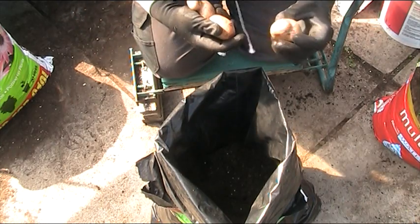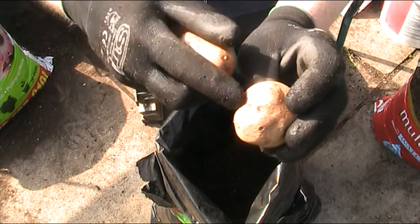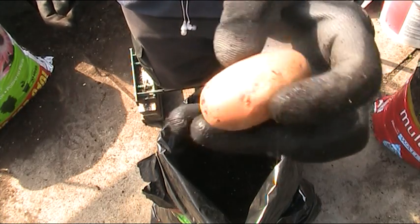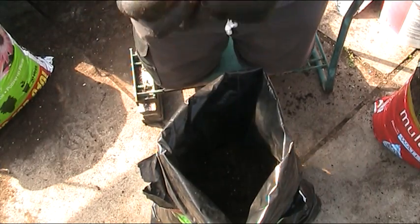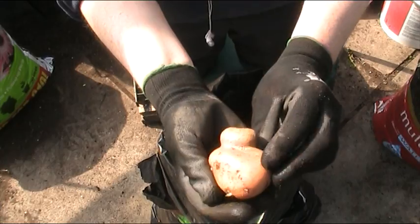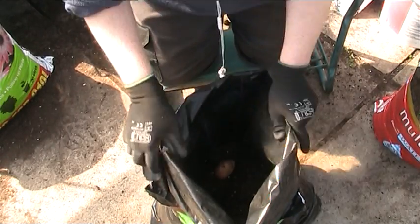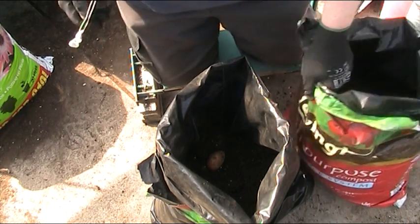So we've got our Sarpo Mira here. There's a wee kind of a dried out bit at the bottom, that's what was attached onto the plant. So that's your bottom. And the same here, the eyes are starting to come out, and there's a wee bit where it was attached onto the plant, so that one goes over there. And then this one here, oh look, it's a wee funny looking person. And you can see it was attached to the plant there, so there's the chits coming out there, so in that goes. So we've got about 3 inches of compost,